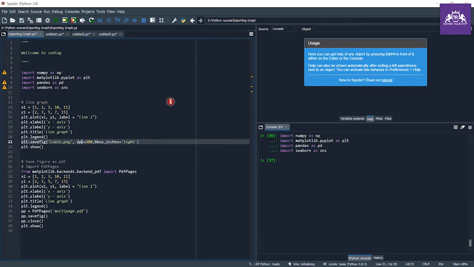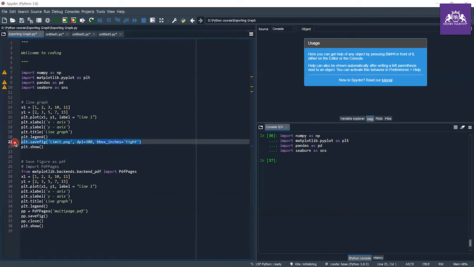Here DPI is the resolution, BB box is the type of box which you want. I want the tight box, and you can just go and check out the other hyperparameters of this savefig function of matplotlib library.